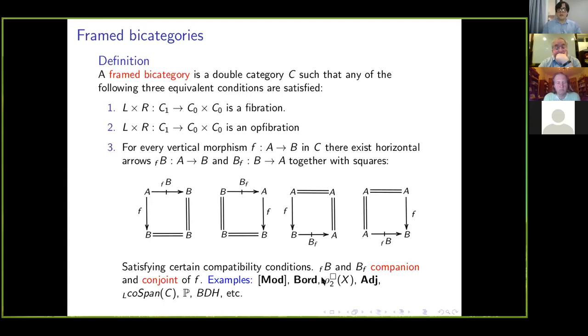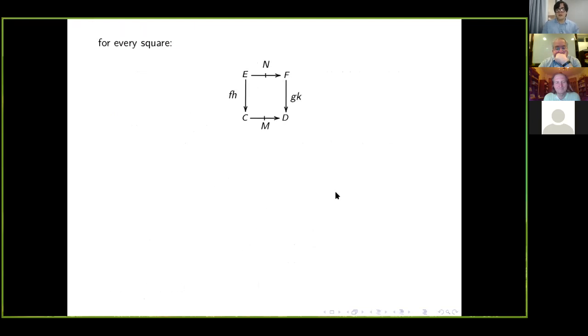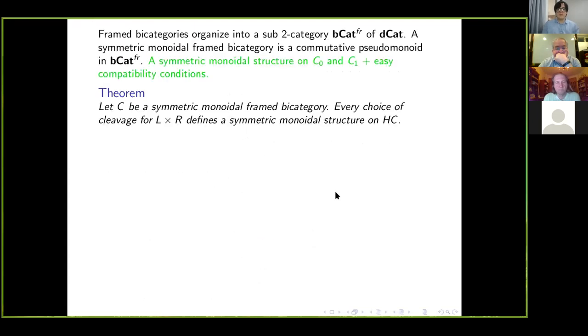All the double categories that I mentioned before are frame bicategories: morphisms, the homotopy double groupoid, adjoints, decorated cospans, polynomial comonoids, and Bartels, Douglas, and Henriques' double category of binomial algebras. And again, the important thing about frame bicategories is